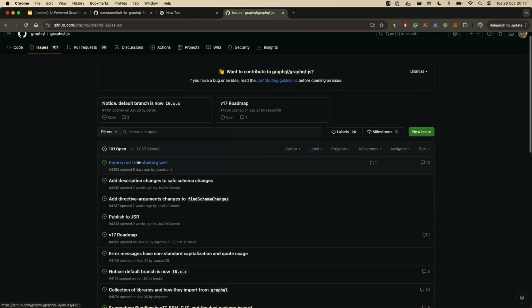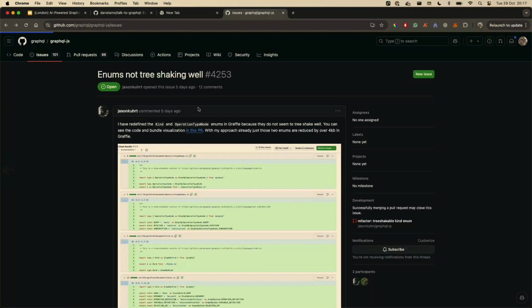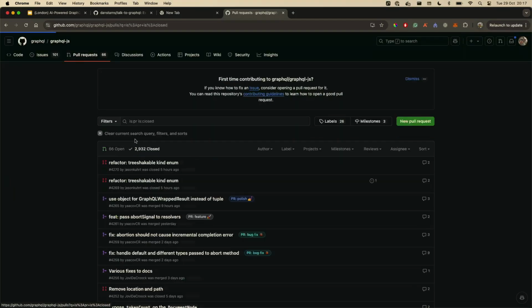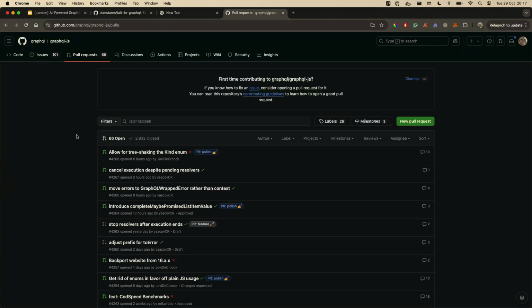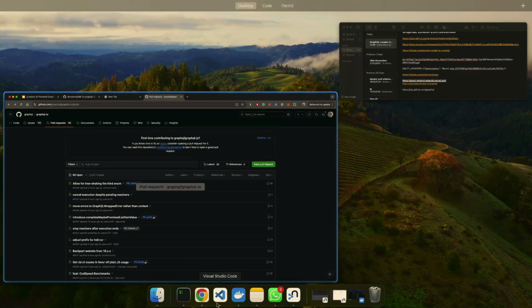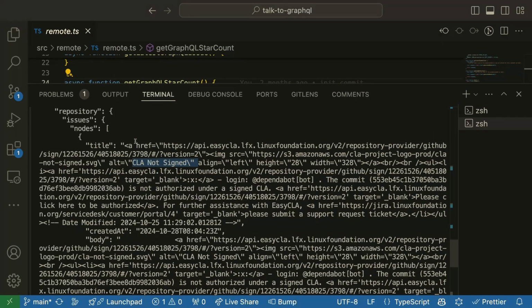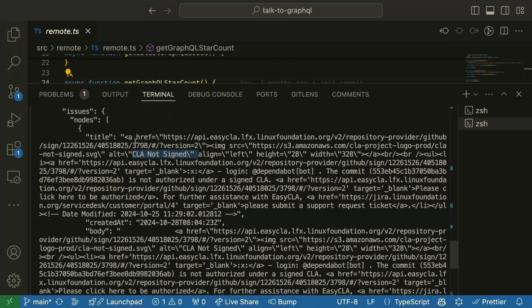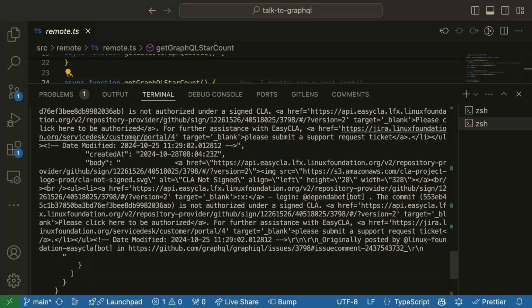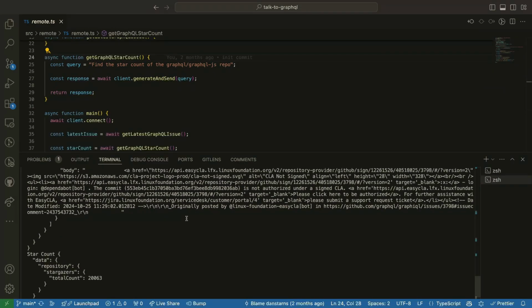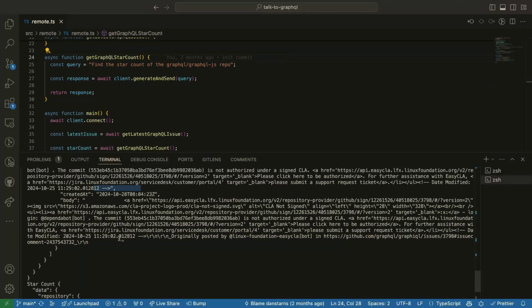Let's see that. Was it a pull request? Closed. It would be a comment, I expect, on a pull request. Let's have a look. Oh yeah, it's a comment on an issue. Let's have a look what we're seeing and how we could, at the bottom of